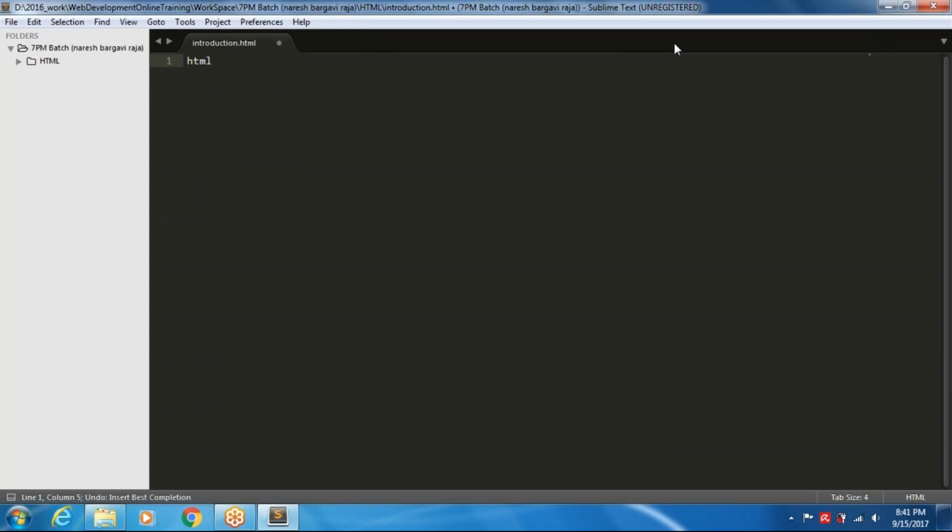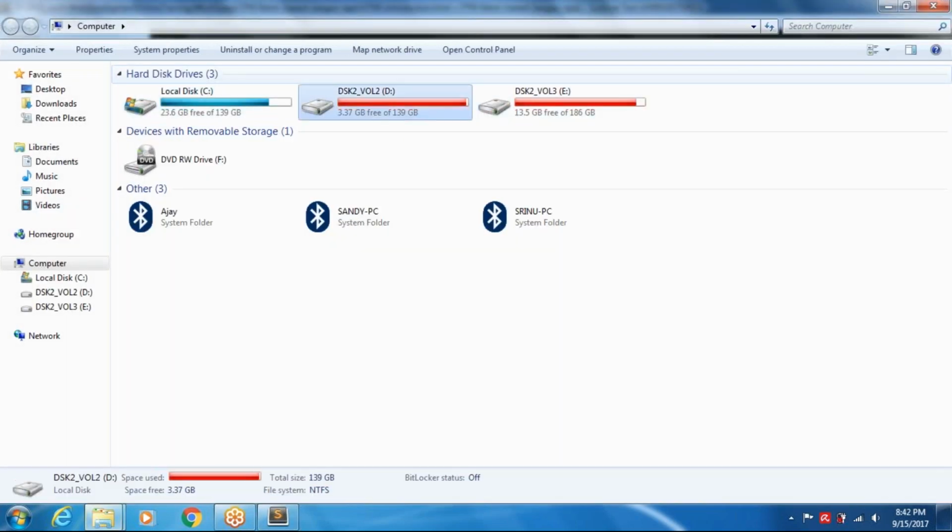But before that, let me explain what is an HTML. We have seen all these things inside our regular demo session. Okay, so let us understand. HTML means hypertext markup language, right? So this is called markup language. Markup means we are going to add some extra content to the normal text in order to make the text structured data. Okay, so for example, you can see